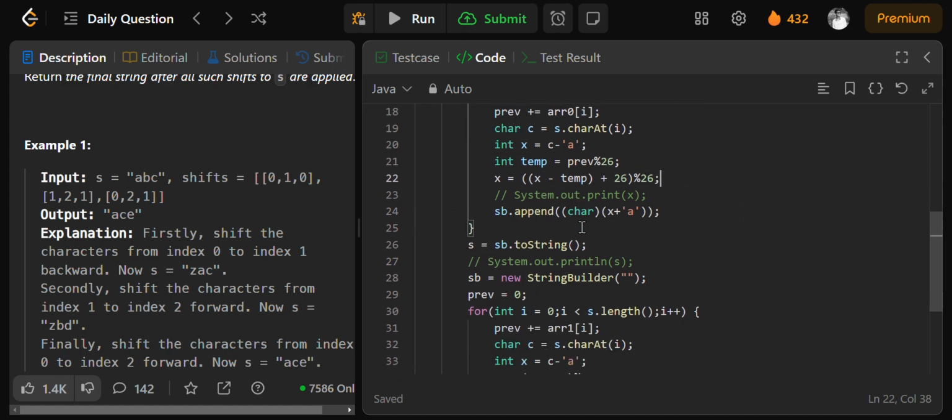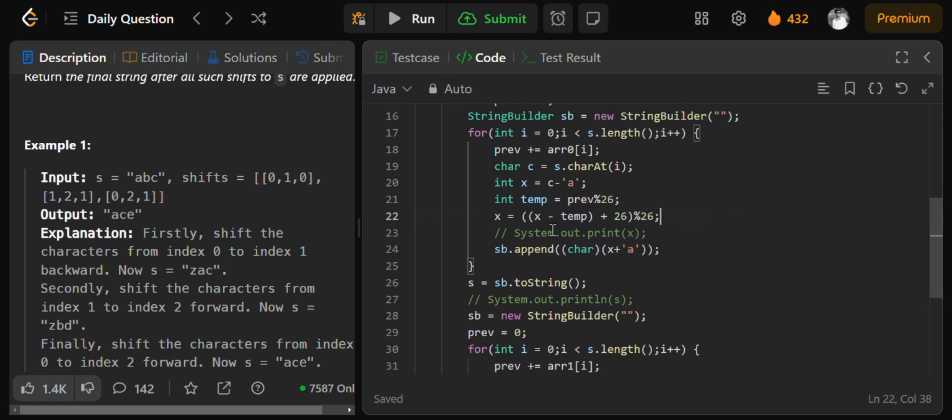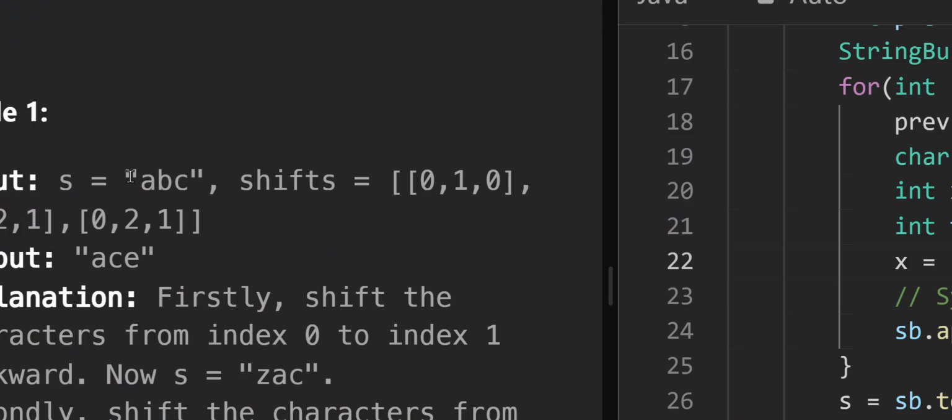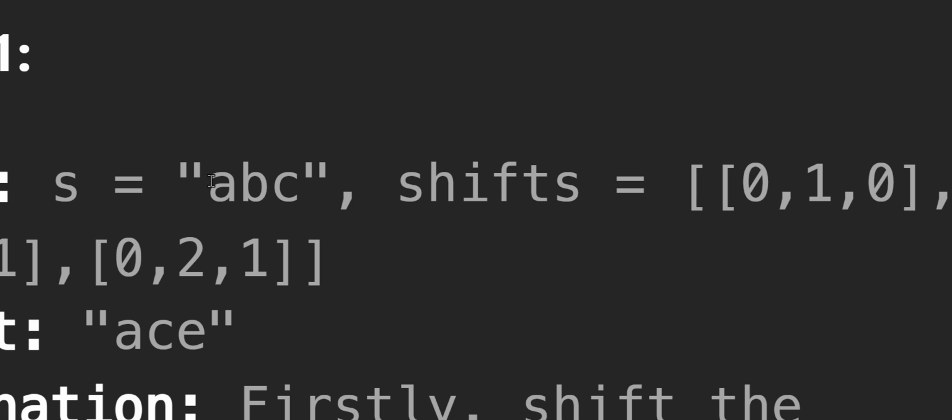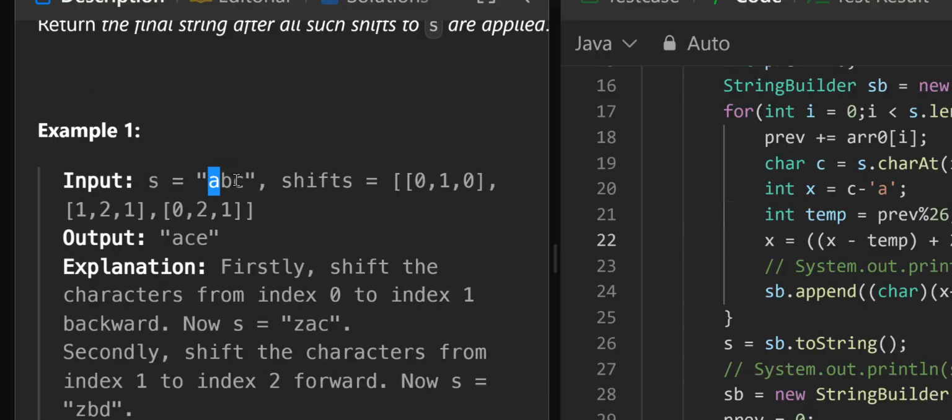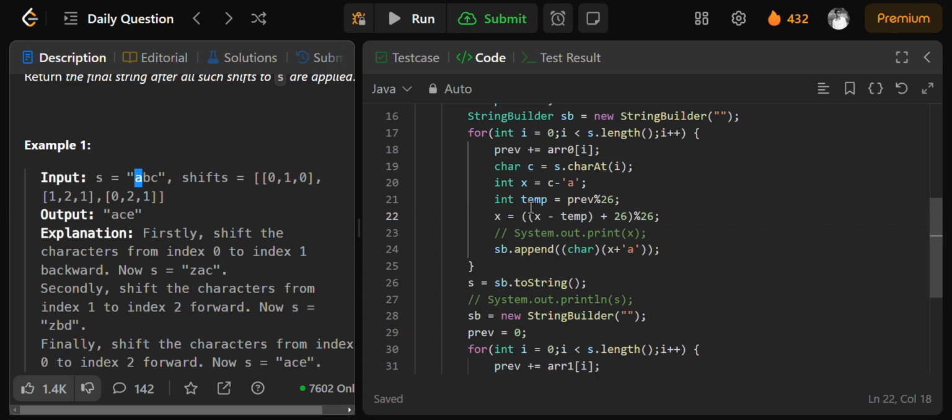Here x is the index, or we can say the number of the character. If a is the zeroth character, then x will be zero. Then what we will do, we will